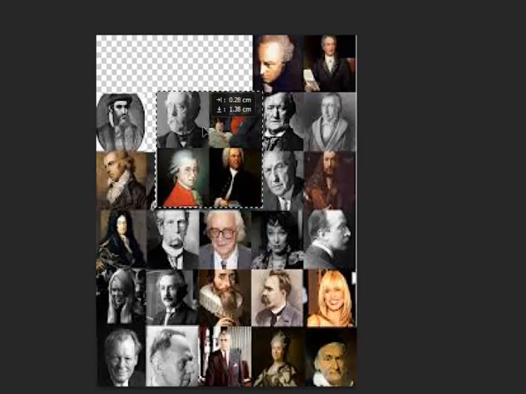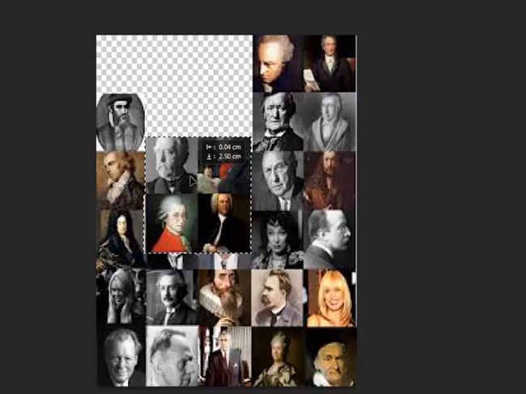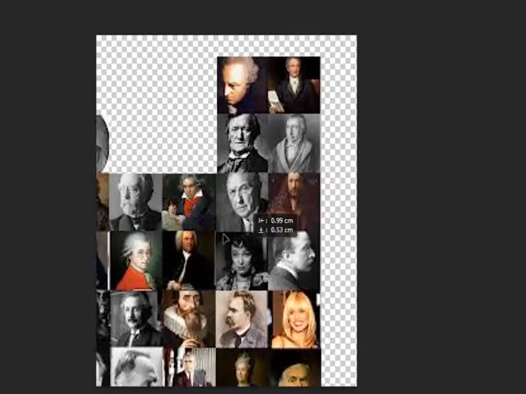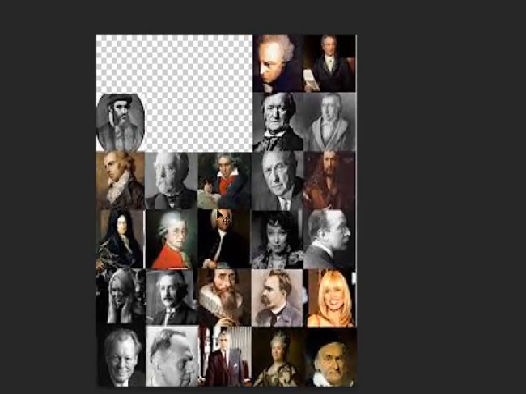Alright, so for example, I will move this photo here, and if I want to get rid of this moving line, just press Control D. Alright, so if the marquee tool is not there and I move it, it will automatically be part of the main photo, because I'm only putting them in one layer.